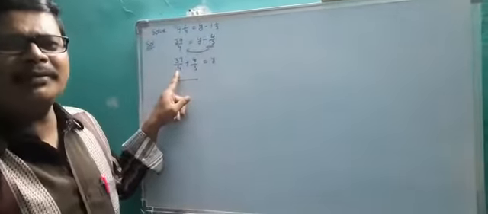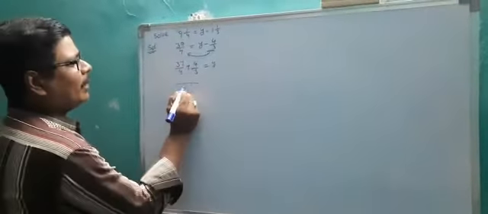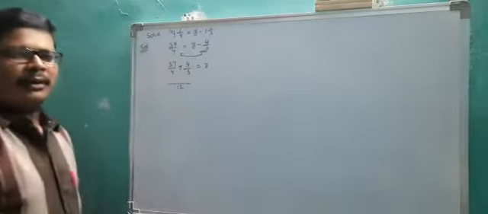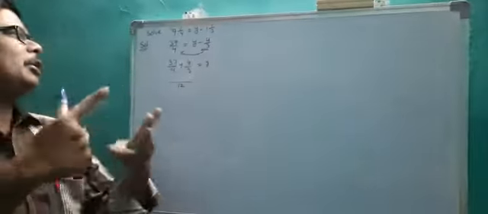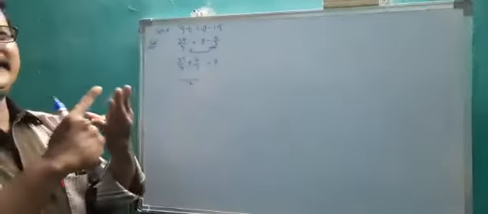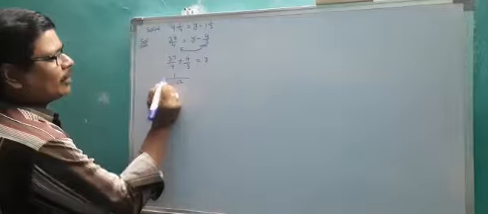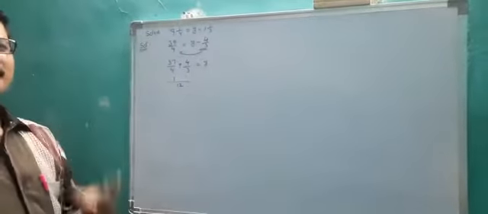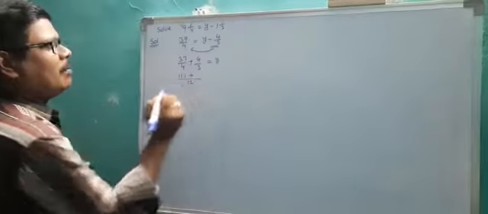So the LCM of the denominators 4 and 3. The LCM of 4 and 3 is 12. Okay, so 4 times how much is 12? 3 times. So 3 into 37. 3 sevens are 21, 2 is carried. Okay, 3 threes are 9 plus 2, 11. Plus 3 times how much is 12?